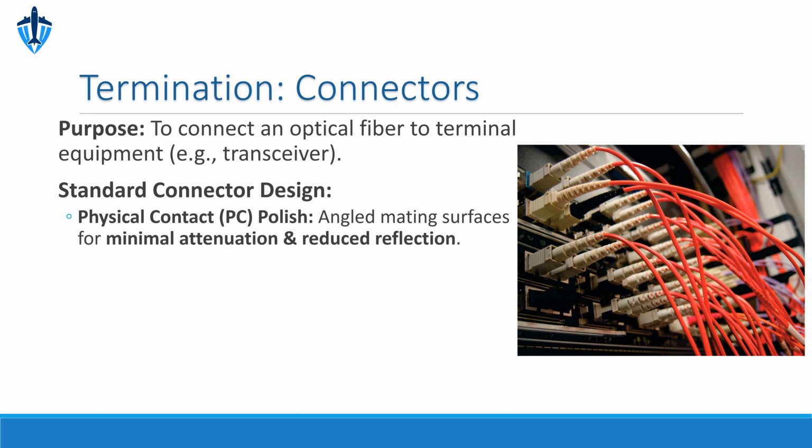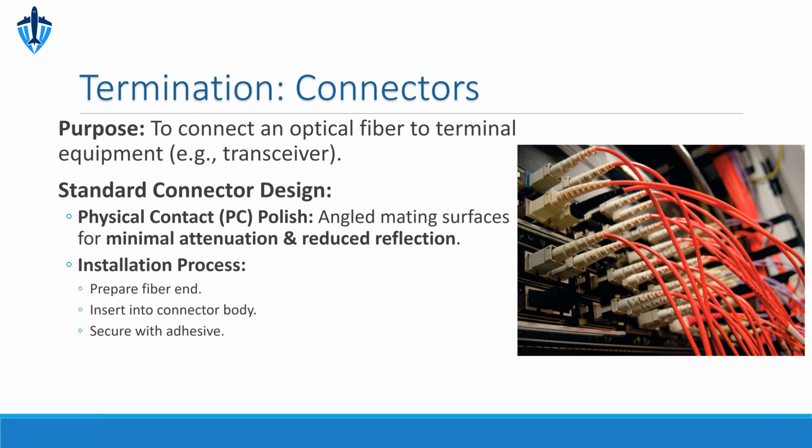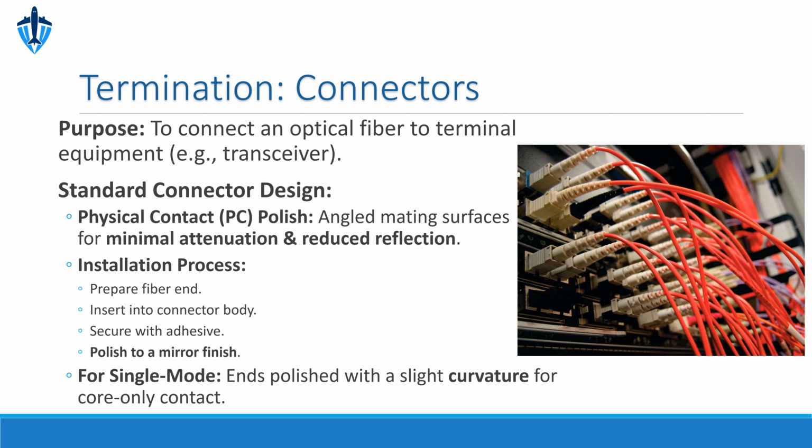Standard connectors achieve this through physical contact polish, where the mating surfaces are angled so they touch precisely at the core. Installing one is a meticulous process. The fiber is stripped, inserted into the connector, glued in place, and then its end is polished to an optical quality mirror finish. For single-mode fibers, an advanced polish creates a slight curve, ensuring contact only at the very center of the core. This sacrifices a tiny bit more light, but dramatically reduces harmful back reflections, which is critical for